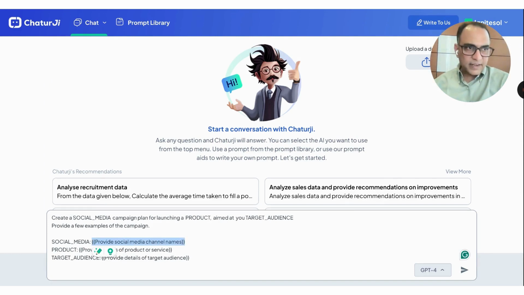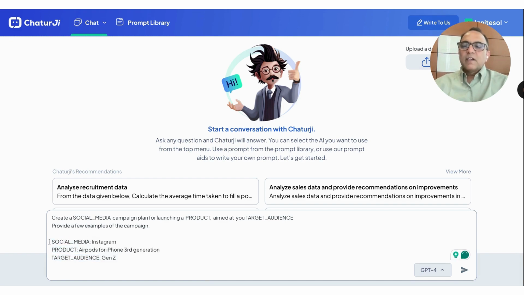So we have created this little template language that allows you to use your prompts in multiple business scenarios or multiple personal scenarios. Each of these variables is put in double curly braces. And what I'm going to do is just replace these variables, saying, okay, the social media I want is for